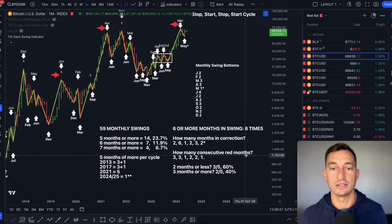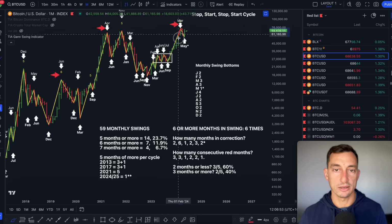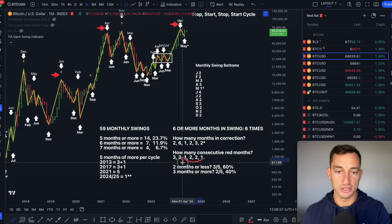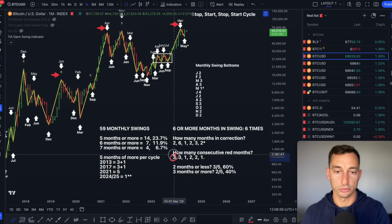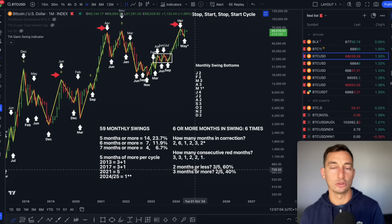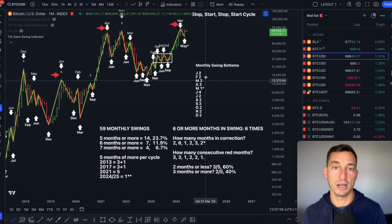How many consecutive red months? This time round, it was just 1 red month, and then we saw a green month. And we've only seen that 1 other time. Whereas the other times we saw 3 consecutive red, 3 consecutive red, 2 and 2. So it's seeming like it's a little bit stronger than what it has been in the past, which might mean